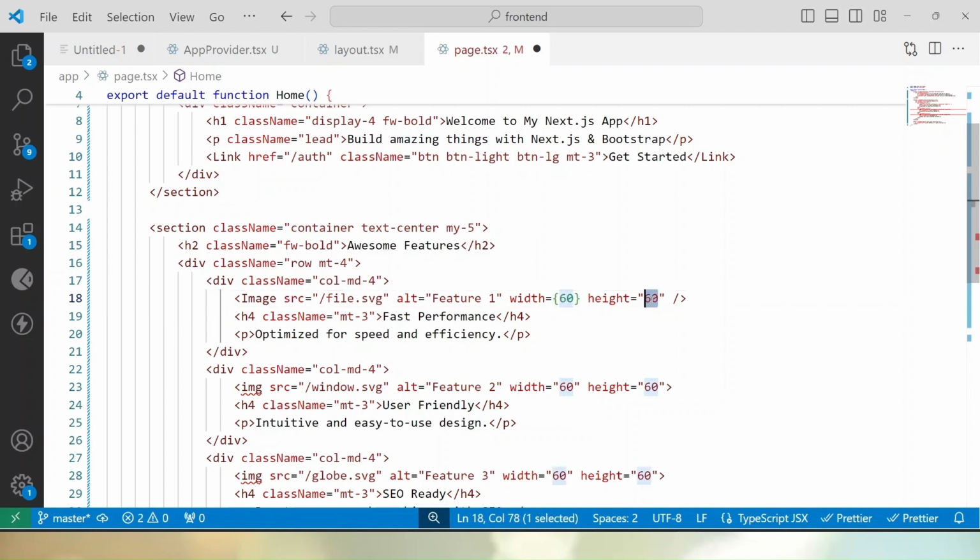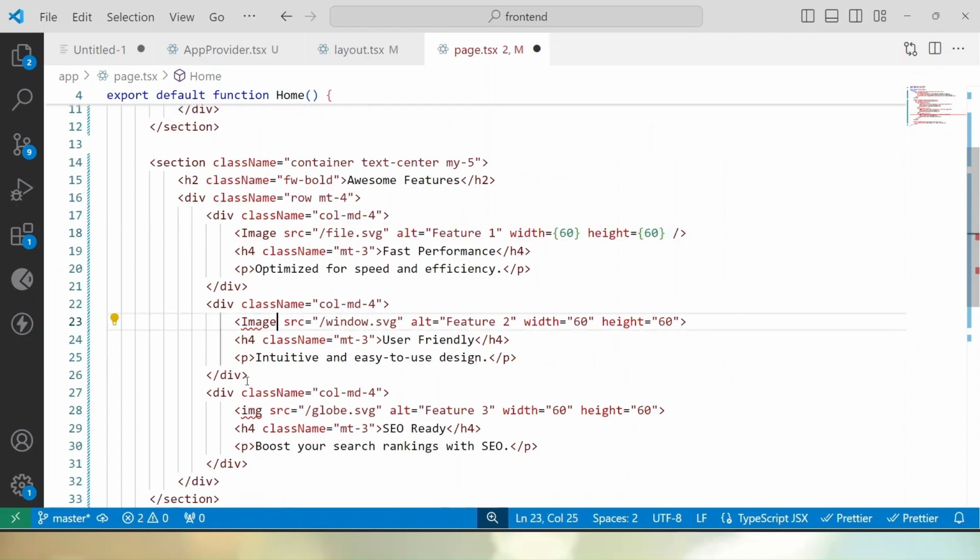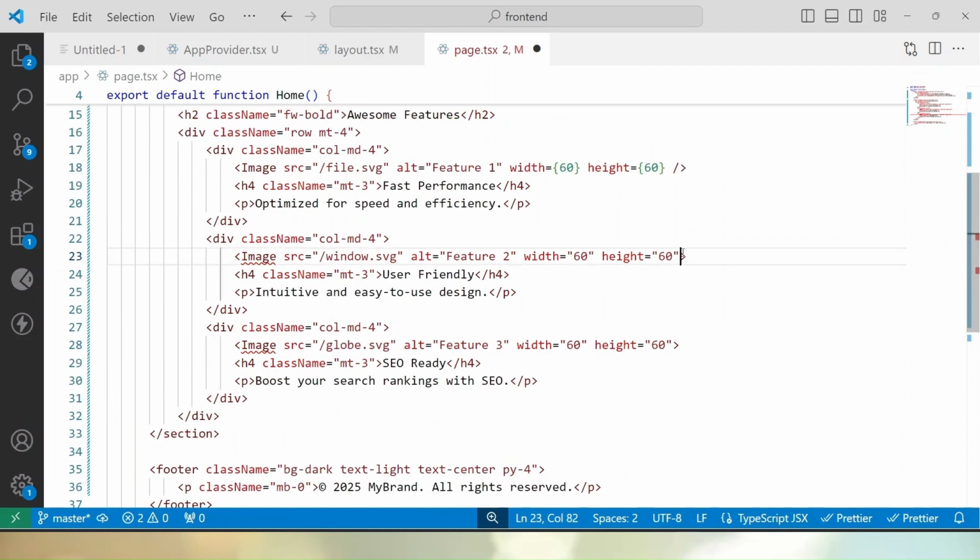Let's cut this curly braces 60, and here we have the image. Let's put the Image here and self-close this Image component. Now in place of double quotes and 60, curly braces 60, and for this last one also 60. Now if I save these changes, one more thing: the files we are loading here, that is file.svg, window.svg and globe.svg,